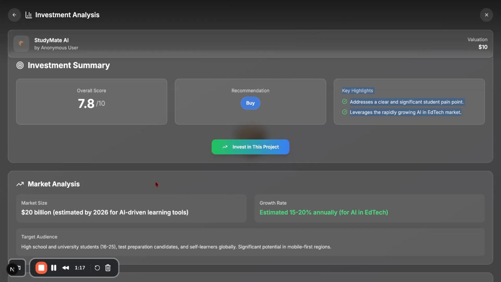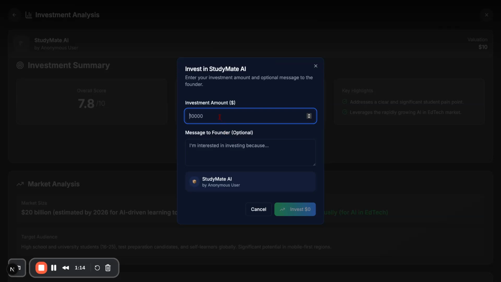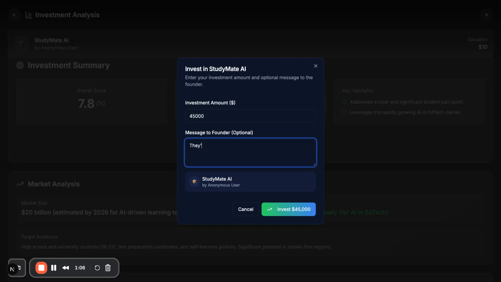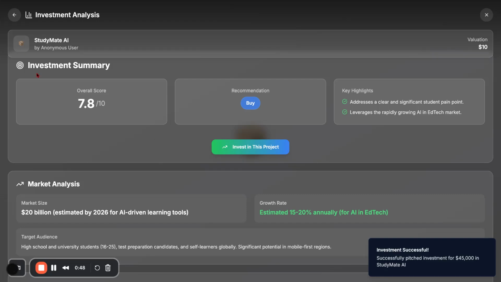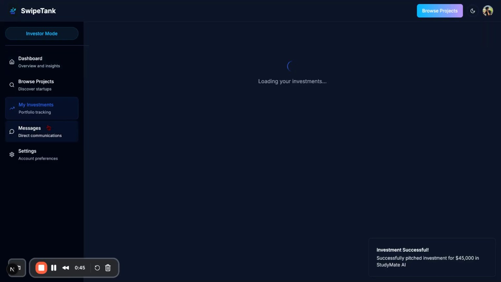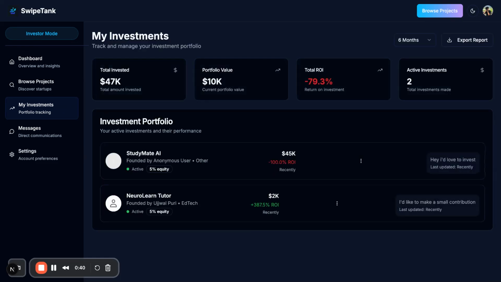So if the investor is interested, they can click on invest in this project, and then click on the amount that they want to invest, and basically leave a message like, hey, I'd love to invest. So after this is done, you are redirected to my investment section where, similar to the innovator mode, in investor mode, my investments will show